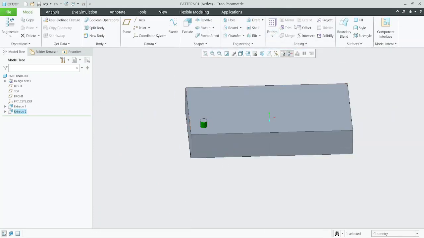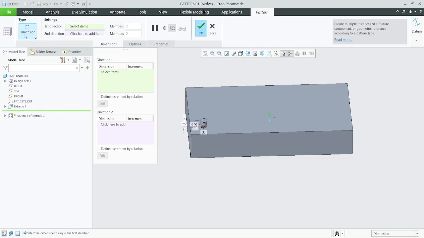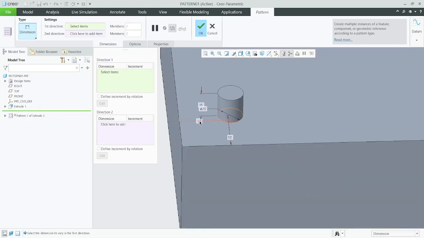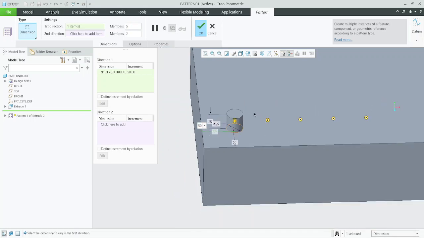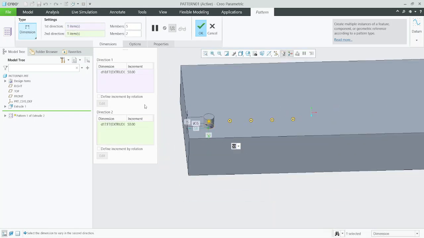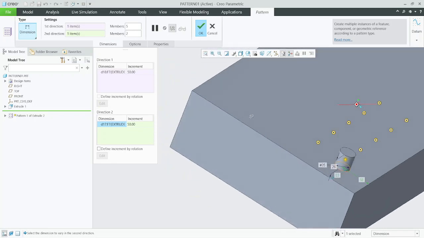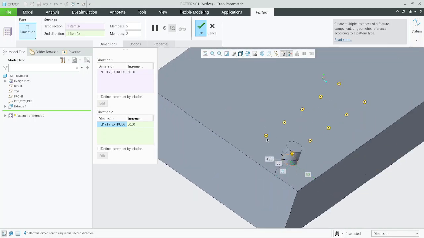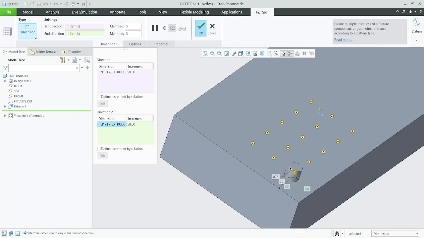Again, select this feature and go to pattern. This one is dimension. Select first direction. This is 50. I will enter the member as 5. So you got 5 members. And for second direction, I will select this one as the second direction, and the member, now it is to see how the second direction is selecting. You got my point. So I will enter 3 members, so it will multiply with 3, 1 2 3,